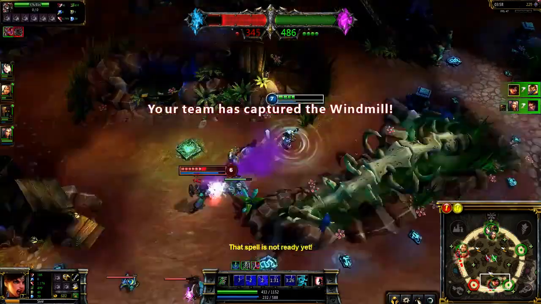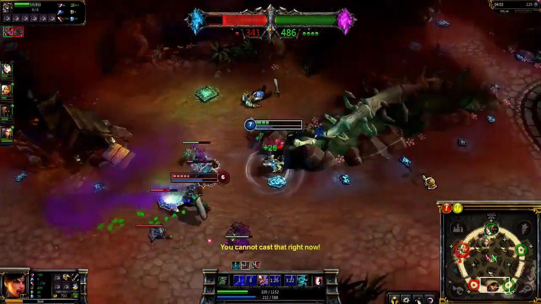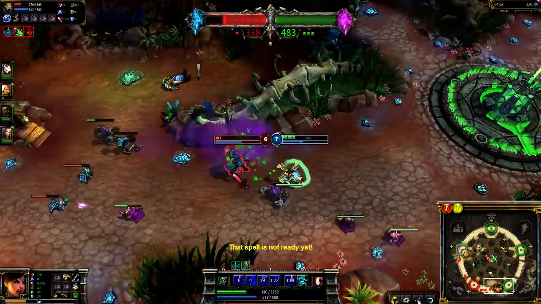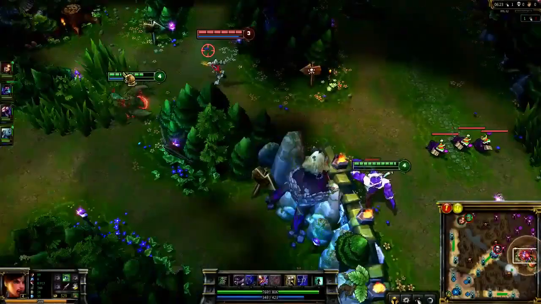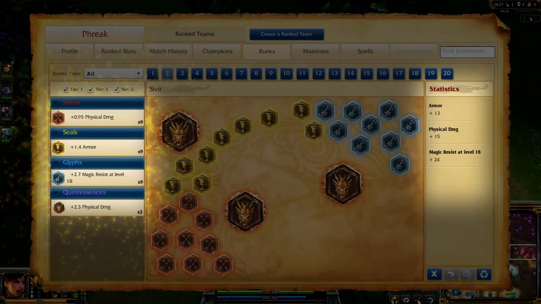However, I shouldn't chase Singed through Poison Trail, so I lifesteal from minions to regain health. When Singed does come back in, a quick Spell Shield blocks Fling, and suddenly Singed is out of options, falling quickly to Boomerang Blade. For runes, I take flat attack damage marks, flat armor seals, magic resist per level glyphs,